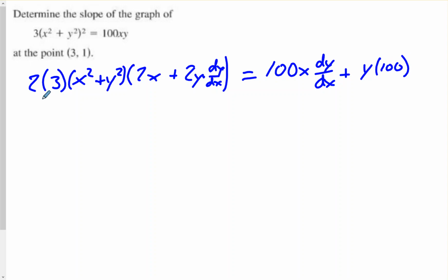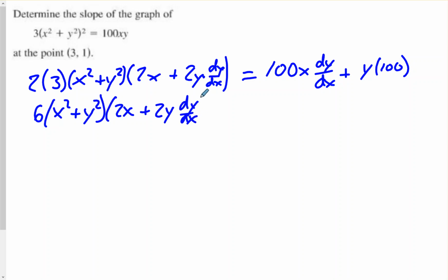Okay, so next up we have here 6. We can make this 6 times x squared plus y squared times 2x plus 2y times dy dx equals 100x dy dx plus